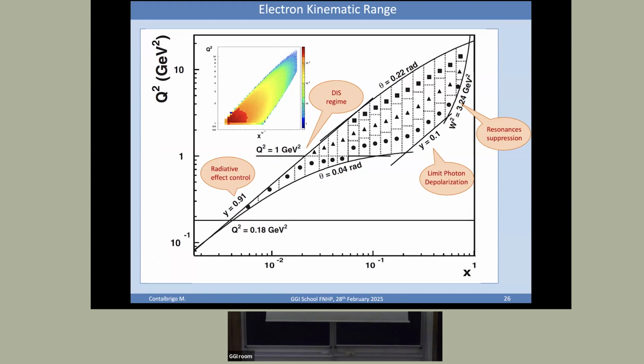That is essentially the invariant mass of the hadronic system you are creating, and you want it to be large. Because if it is too small, it means that you are creating 1 or 2 hadrons. It's not really a fragmentation, okay? It may be dominated by specific channels you don't want. So you put a limit there. And then you have limits in Y that is essentially